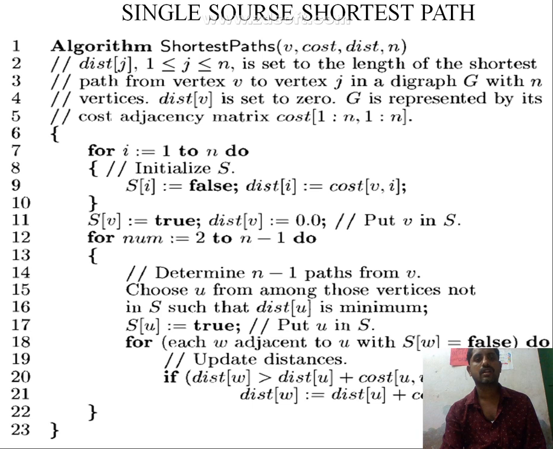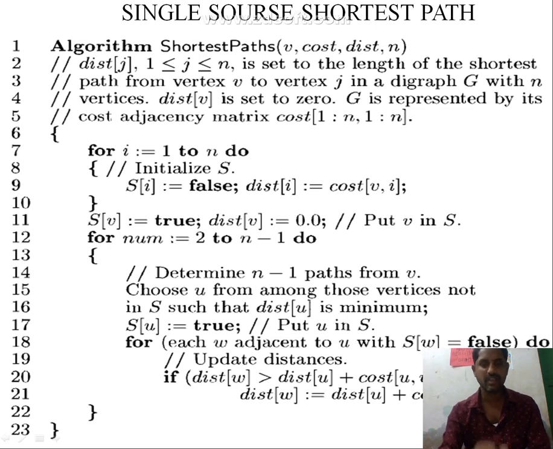See here, algorithm ShortestPaths(v, cost, dist, n), and here dist[j], 1 less than or equal to j less than or equal to n, is set to the length of the shortest path from vertex v to vertex j in a digraph G with n vertices. Dist[v] is set to 0 and G is represented by its cost adjacency matrix cost[1:n, 1:n]. For i equal to 1 to n, then s[i] equal to false, dist[i] equal to cost[v, i], and s[v] equal to true, dist[v] equal to 0, then num equal to 2 to n minus 1,